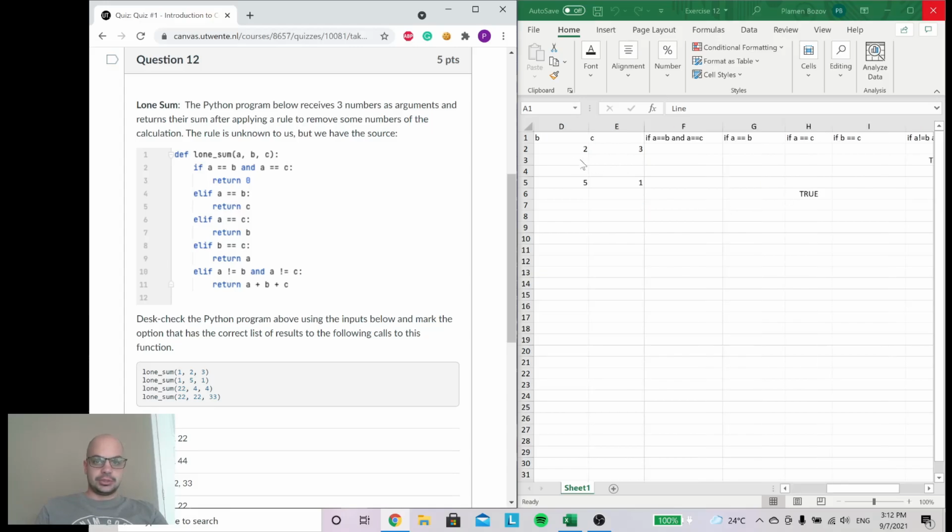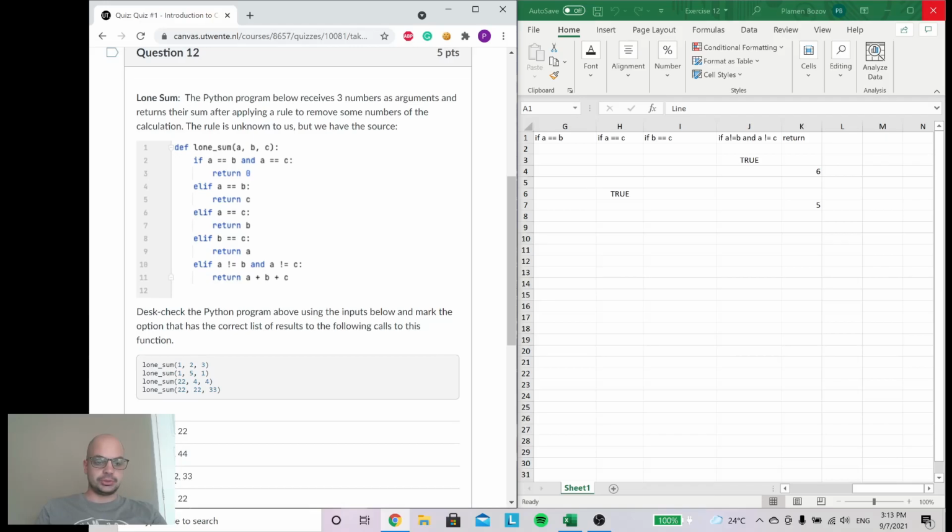So again, I have written these steps in the Excel sheet. I start on the first line, and because these else ifs are not the case, as well as the if, I directly move to line 9, where my if statement is true, and the return value is 1 plus 2 plus 3, which is 6. So at the moment, I'm facing this answer because this is the only one that starts with C. But let's check one more time if this answer is the exact one we are looking for.